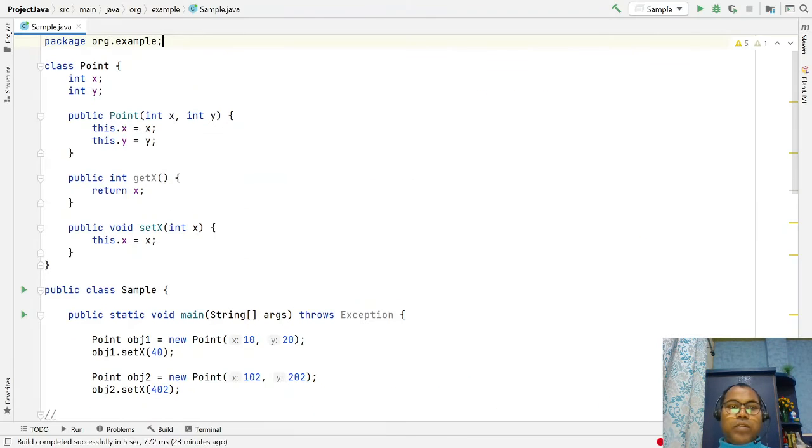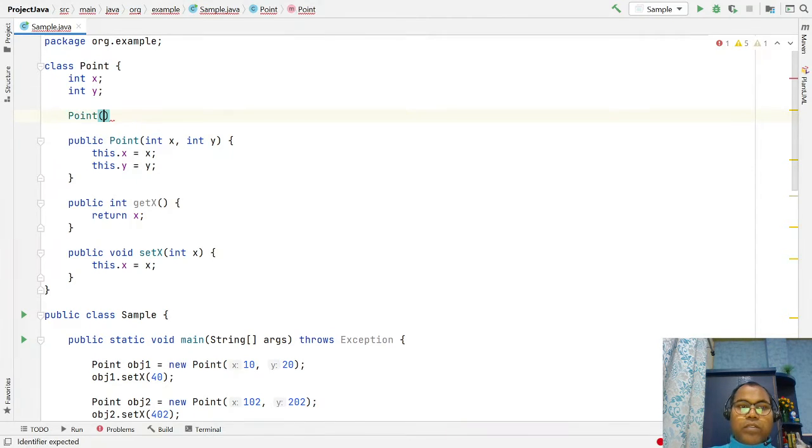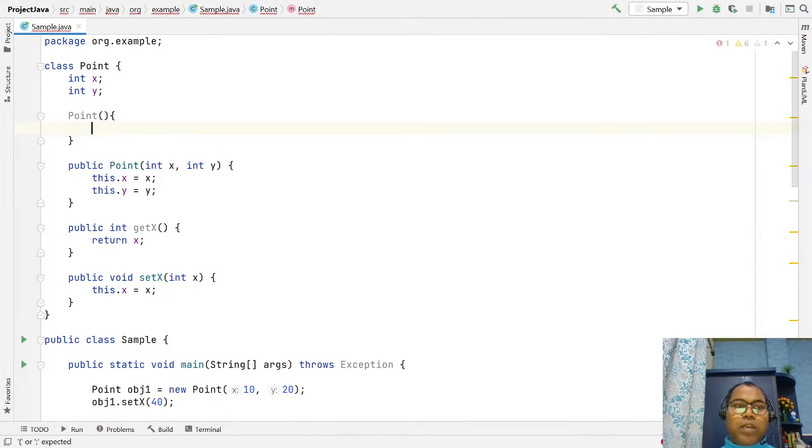In this example, let's say whenever you create a point, you have to specify 10 and 20. I have written a default constructor where I want to at least initialize default values like -1 and -1.